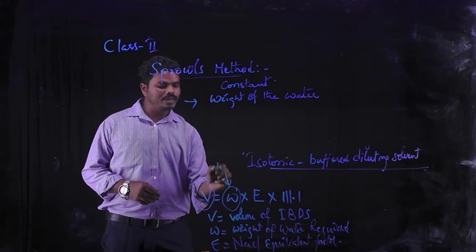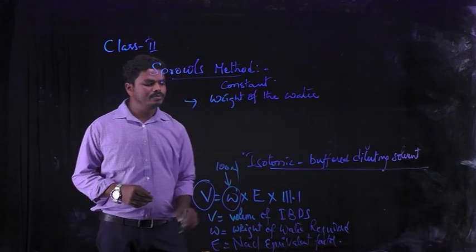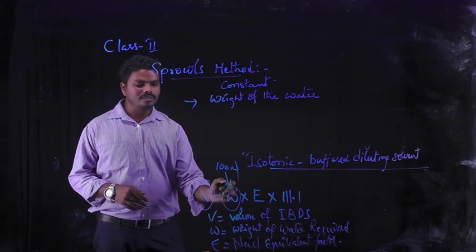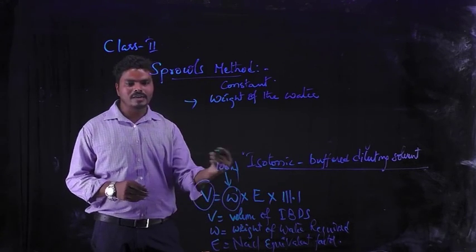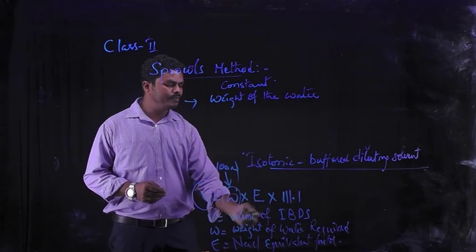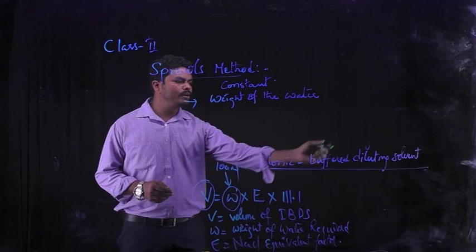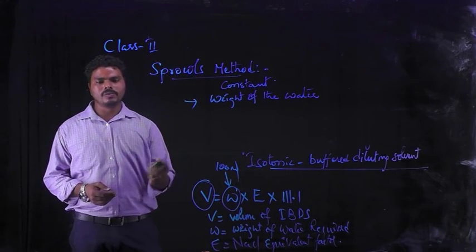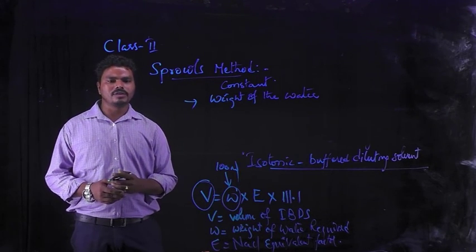So for example, say it is 100 ml. That is a known one, so we are not going to adjust this water content. We will directly add the 100 ml. Then the final volume is adjusted with different volumes of isotonic buffered diluting solvents. So this is another method to adjust the tonicity of drug solutions.